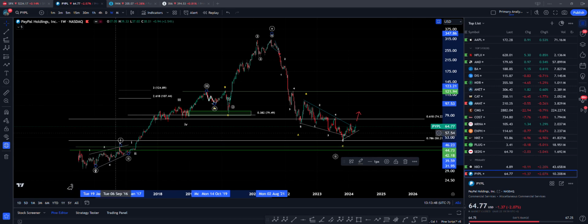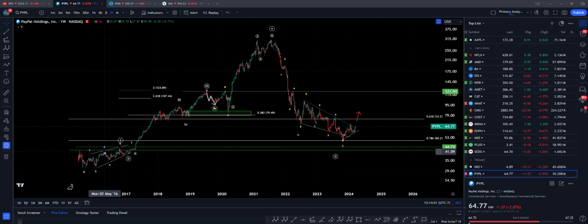So not a very spiked up move, being an innovative technology, but people still evaluating and slowly buying up, understanding the market and all that. So you see a four wave overlapping into one, but a very good example of how the leading diagonal